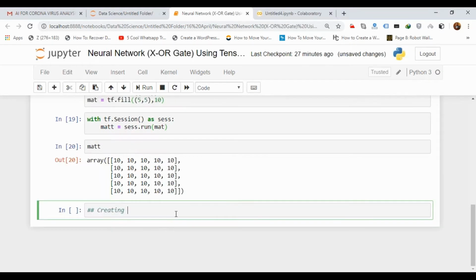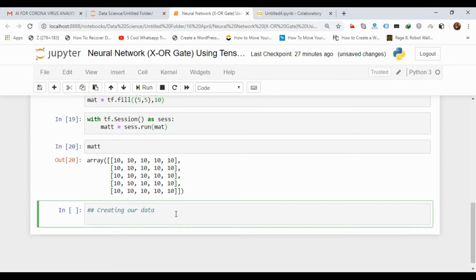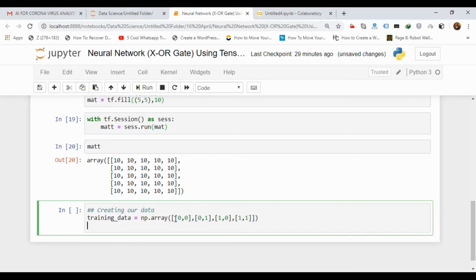Okay, and now we'll create our data sets. So let us take the input data, we can call it training data. Similarly, we will take it for output.